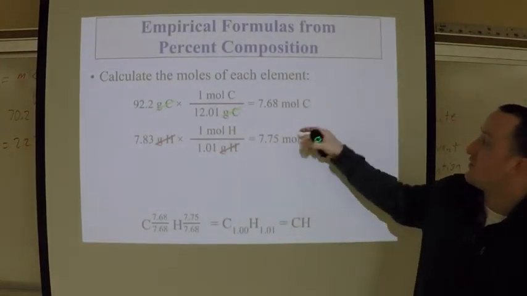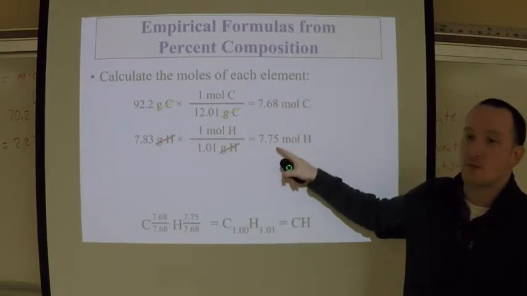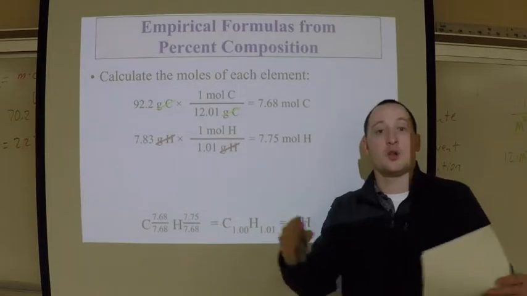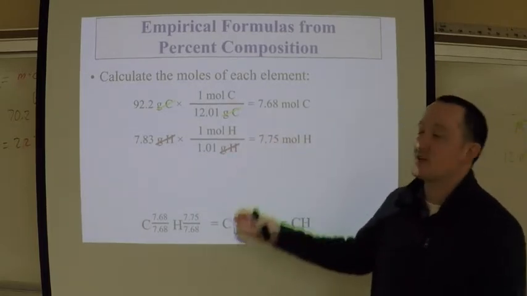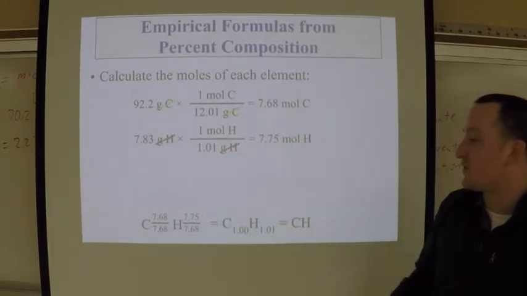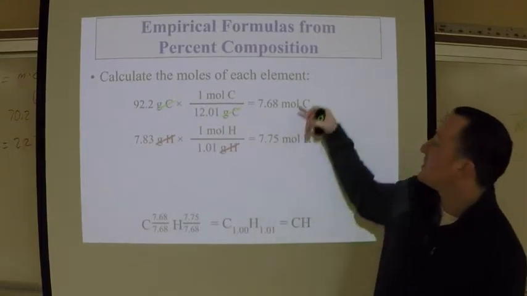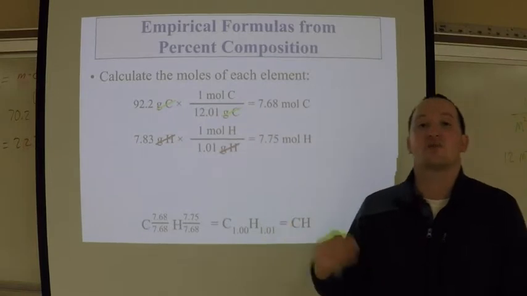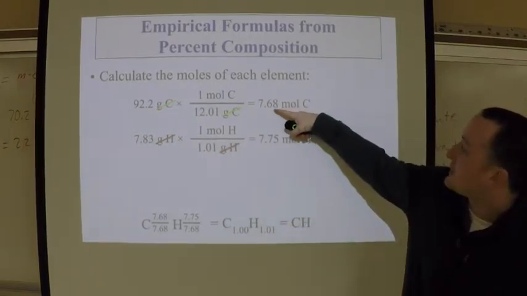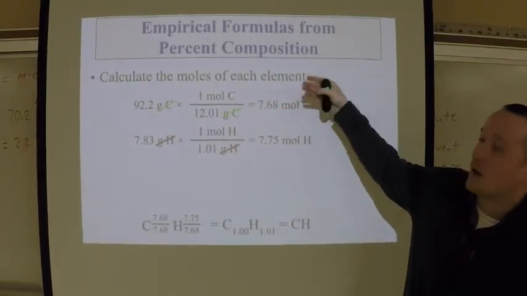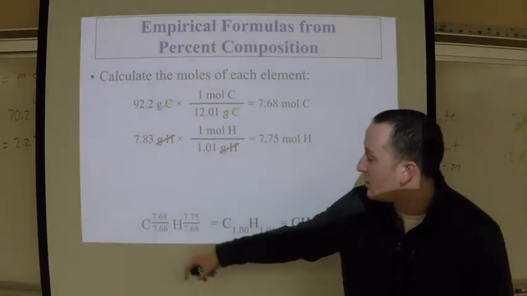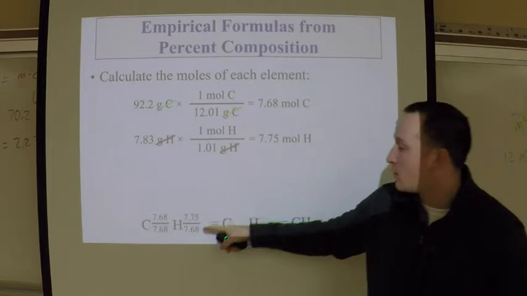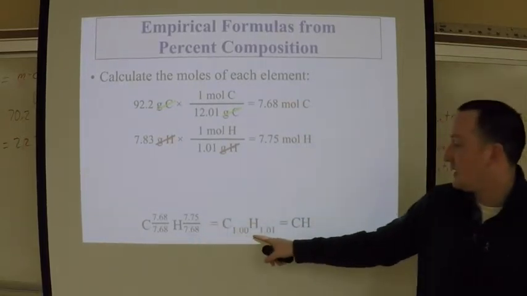Again, what this means is these are my subscripts. Well, these numbers are really, really close. They're about 1 to 1. Okay, 7.68 is about the same thing as 7.75. So what I would then do is I would divide each one by the smallest number. So notice how I'm going to take 7.68 and divide by 7.68. That's what I did here. I'm going to take 7.75 and divide by the smaller number, which is 7.68, and I get this